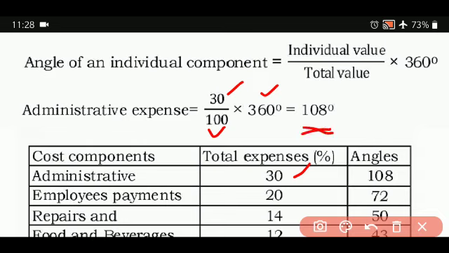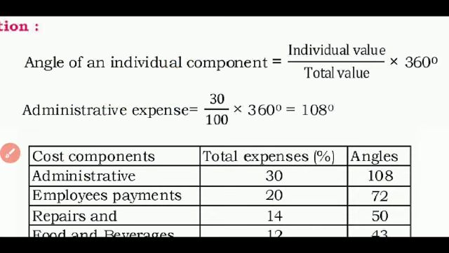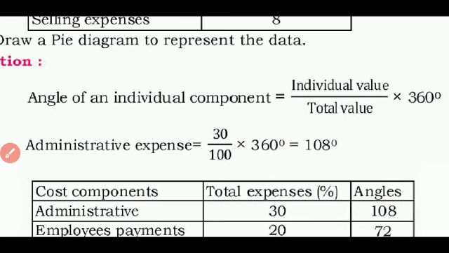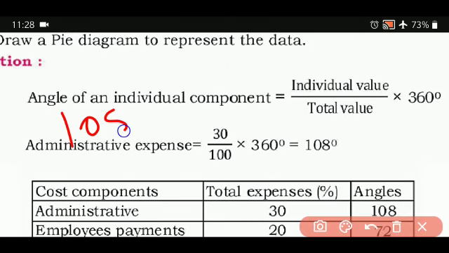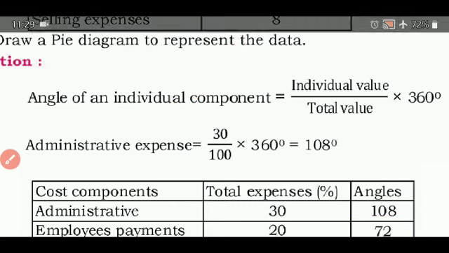So for every item, 20 also, you will be writing 20 divided by 100 into 360 degrees. If you are getting the correct figure, then you write it here, 72 degrees. The zero gets cancelled, yes, so it is 72. It's a perfect value you are getting. Suppose you get somewhere 108.26 or 28, whatever it is, you are going to approximate it to 108. Take this value. Remember that.